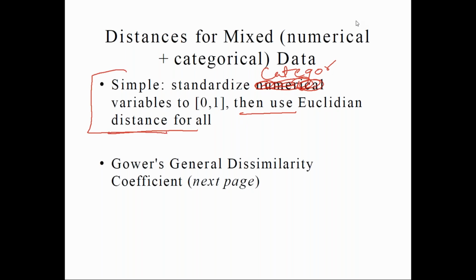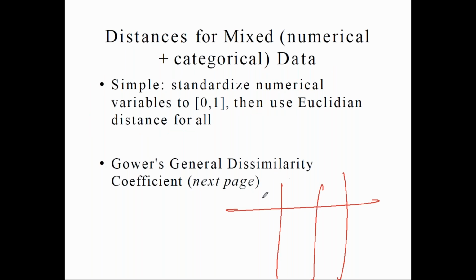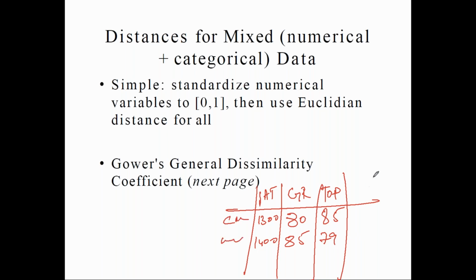See, I'm going to write like this. Consider 3 columns. I've written SAT score, graduation rate, and top 10. So this is 1,300. This is 20. Graduation rate is 80%. Top 10 is 85%. And this is 1,400. And this is 85. And this is 79. For example, this is Caltech University. This is some other university. And you have one more column called gender. 1 as male, 0 as female. So I am going to implement Euclidean distance.